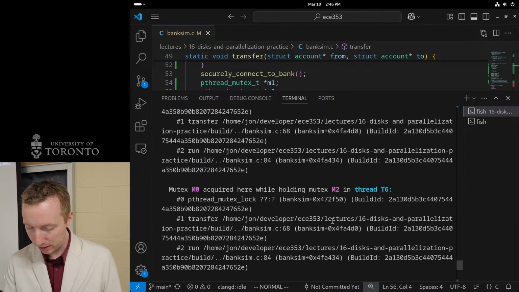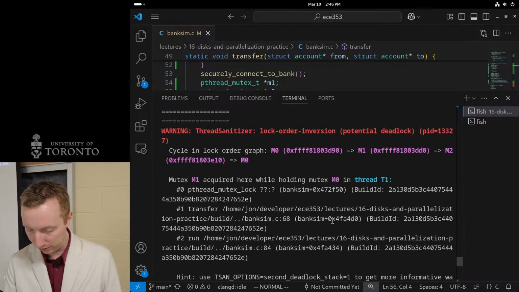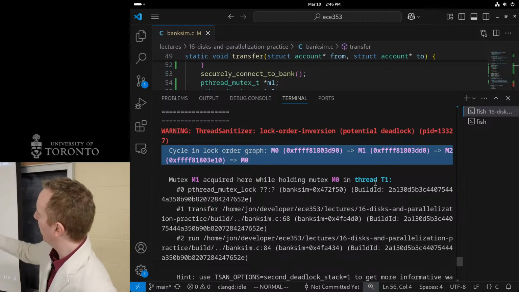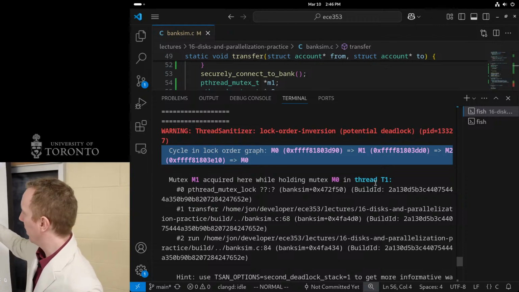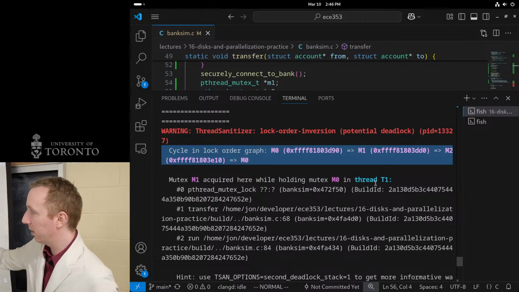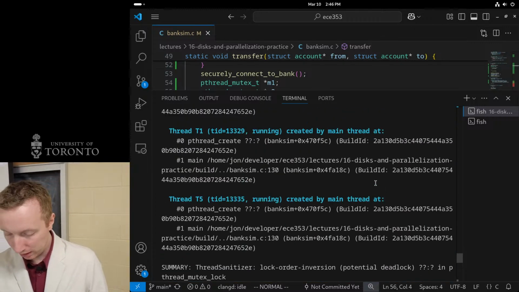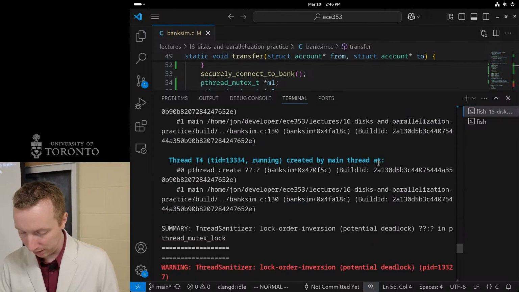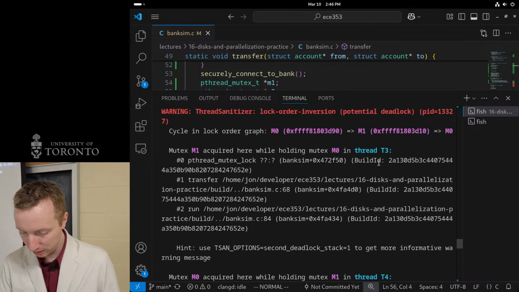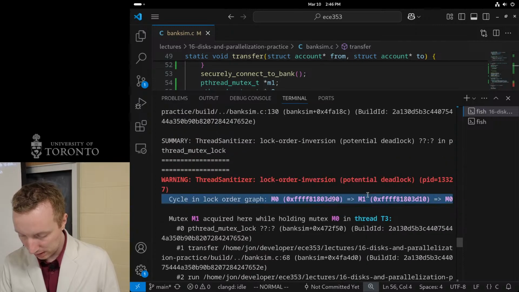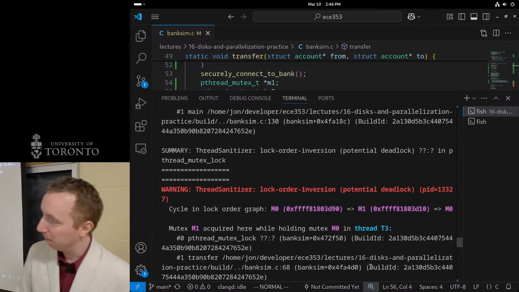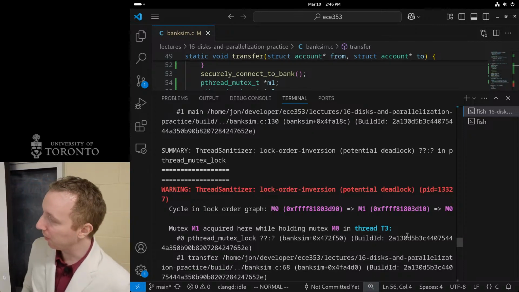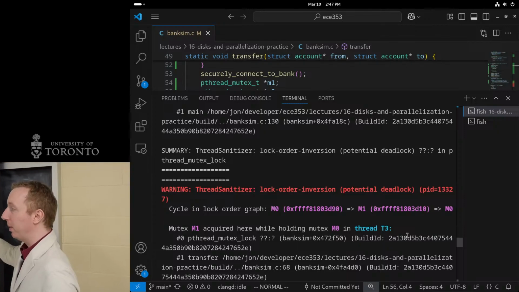And if we get lucky, we even get cooler cycles. So there's a cooler cycle here involving 3 threads. So M0, M1 to M3, all the way back to M0. And if we get super unlucky, oh, this one looks, no, that's not that much fun. And we don't have any fun deadlocks. But it actually will tell us if there's a potential deadlock in our code, so it might be nice to help you debug.